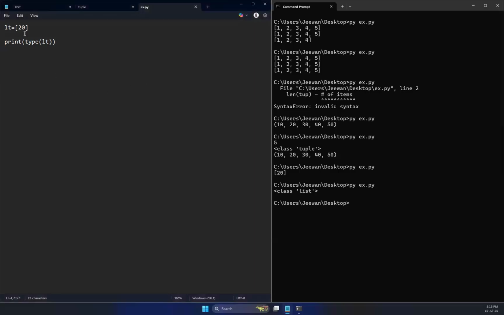If it is just one item with the list, you can do it. Now, if you want to create a tuple, let's say TUP with just a number, TUP equals 10. With the list, there was no issue, right? Now I want to create a tuple with just one value, and then let's print the tuple as well. If you create a tuple with just one item,